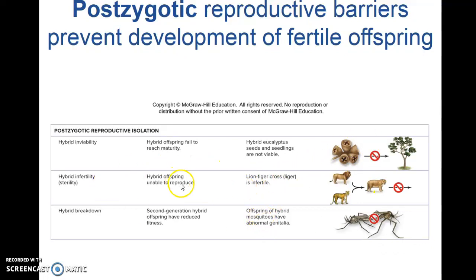Sterility is a big one. Yes, lions and tigers, for example, can actually mate with each other, and you get this liger, but the liger isn't fertile, so ligers can't make more ligers, if that makes sense. This is an example a lot of people bring up with hybrids: different species are sometimes capable of reproducing with each other and having an offspring, but that offspring can't make copies of itself. And if you remember, the condition for being alive is being able to make a copy of yourself. So that's why they're not considered their own species in that case.